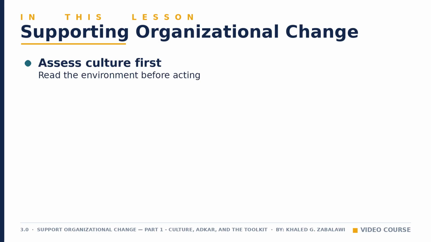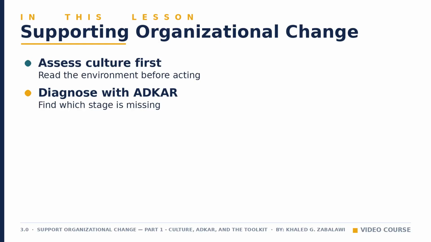Before planning any intervention, you assess the culture you are working in. Is it hierarchical, needing formal approval, or organic, needing team consensus? You examine vision, values, power structures, and how this organization has handled change before. You will learn Prosci's 5-step model: awareness, desire, knowledge, ability, and reinforcement, and how to use it as a diagnostic. When adoption stalls, it tells you exactly which step to fix first, so your intervention is precise instead of a